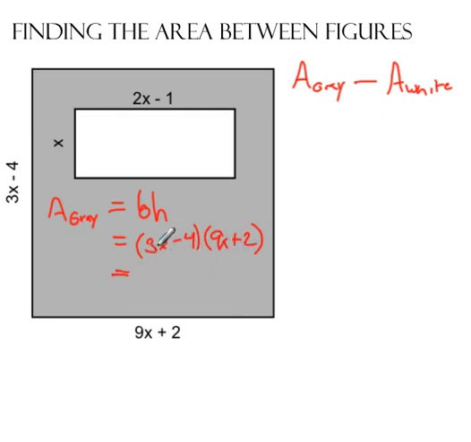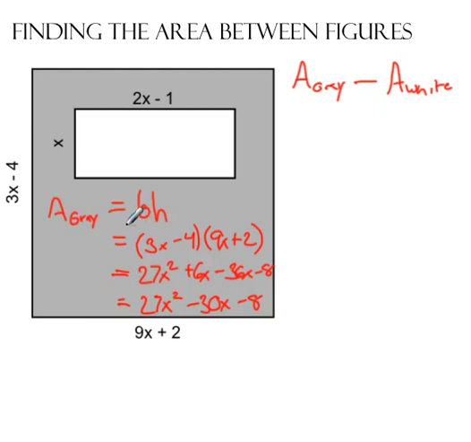You will want to write this out fully as multiple instances of the distributive property, or you can use your box method, whichever one you prefer. But when I do, I'm going to get 27x squared plus 6x minus 36x minus 8. And I can combine my middle terms, and so I get 27x squared minus 30x minus 8